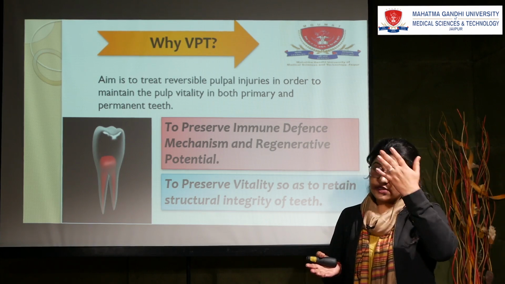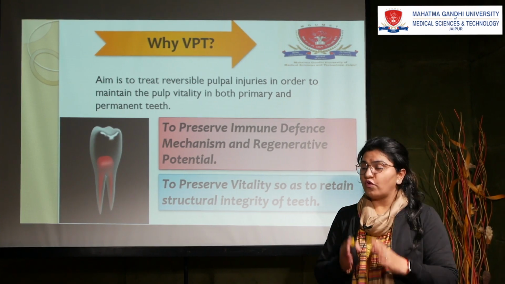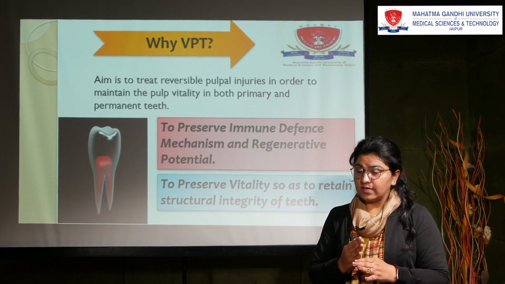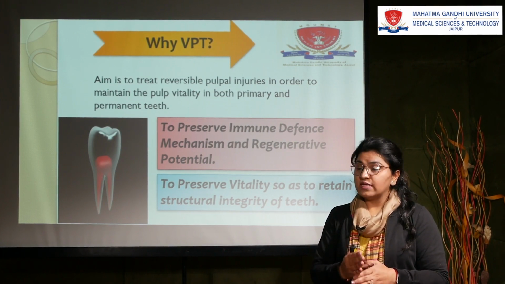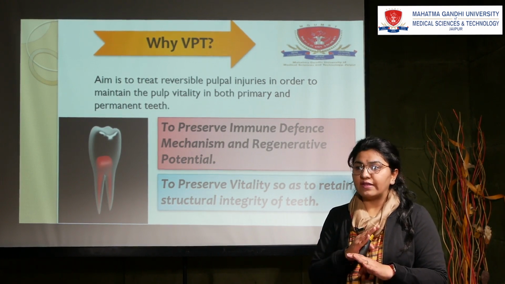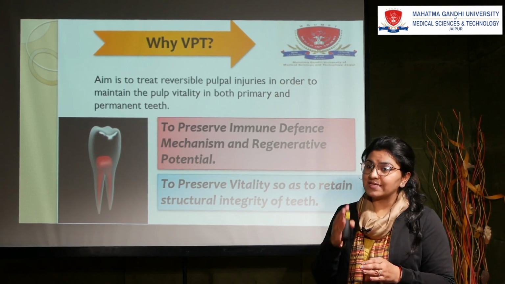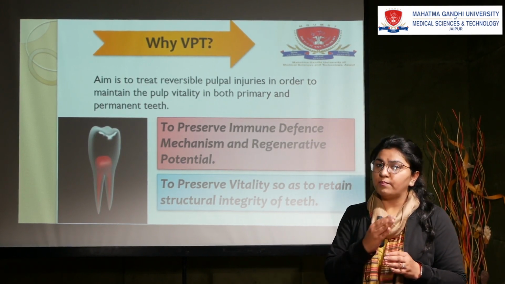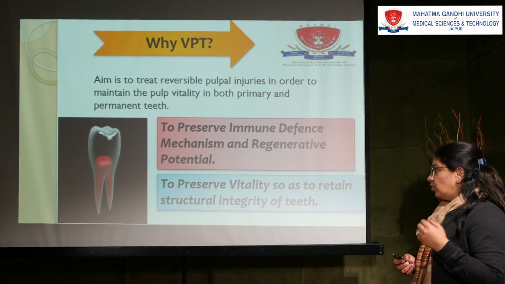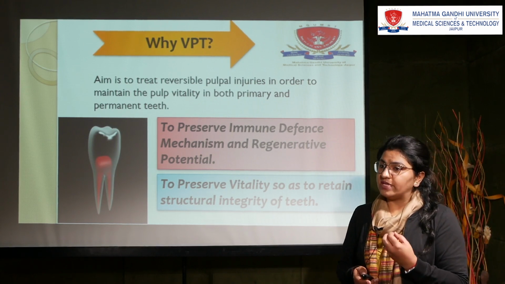For example, if a trauma occurs to a tooth which is still immature, that is, the root formation is not complete, and the pulp becomes necrotic, that tooth cannot regenerate, and the full formation of the root will never occur. So if we want the complete formation of the root in that tooth, we have to maintain the pulp vitality. And also, the vital tooth has a structural integrity,